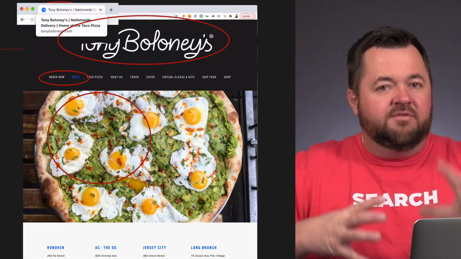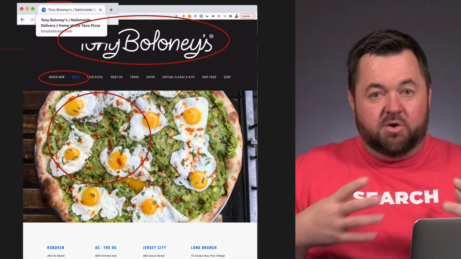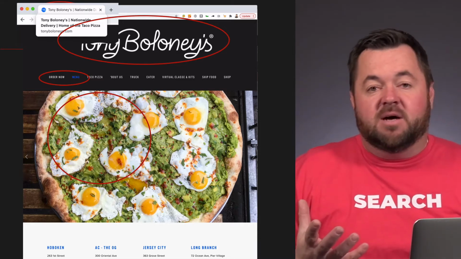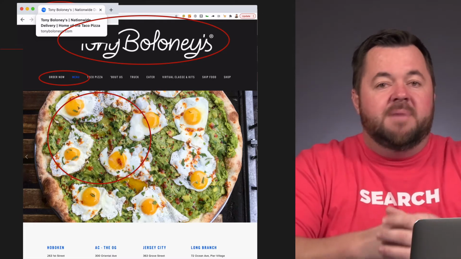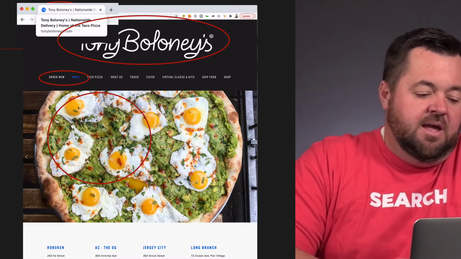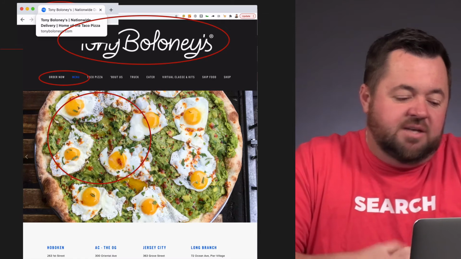Can you see how relevance is calculated, and also authority, especially if nobody else has been talking about taco pizza as much as they have? Pretty much if you type in taco pizza, they'll be the main answer to that question. And then the last place I want to show you on this page, all the way there at the bottom,